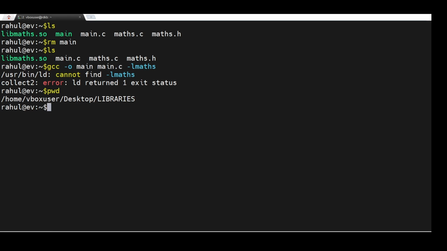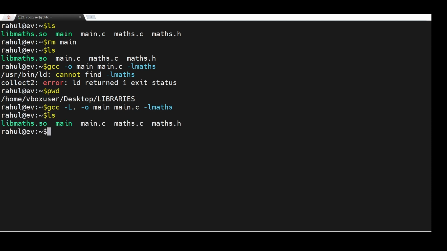So we have to give it externally. Either you can give it by using the LD flag, or for now, I will give the path like this: -L tells GCC we have to look for the library in the present directory as well. Now if you see, your main is getting compiled. This time it's taking this path. Okay, so if I run,